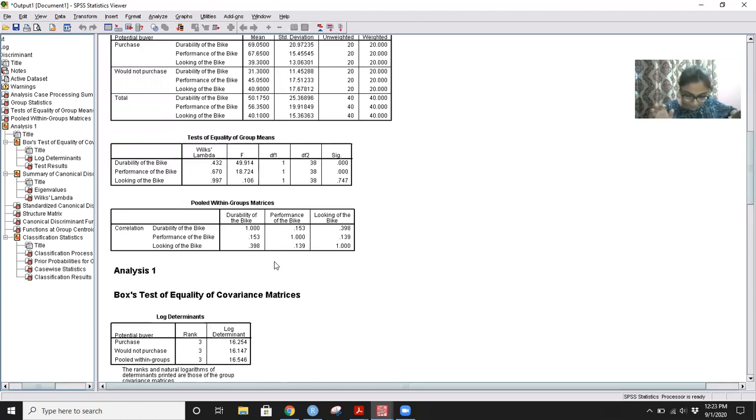But you should always remember that this correlation gives us some indication of how much unique information each predictor will contribute to the analysis. If a correlation figure is high, in excess of 0.8 or 0.9, that would mean the two independent variables are not giving unique information, but are actually contributing shared information to the analysis. Now that is worrisome. So you have to be careful, and this is why the multicollinearity assumption is to be met.